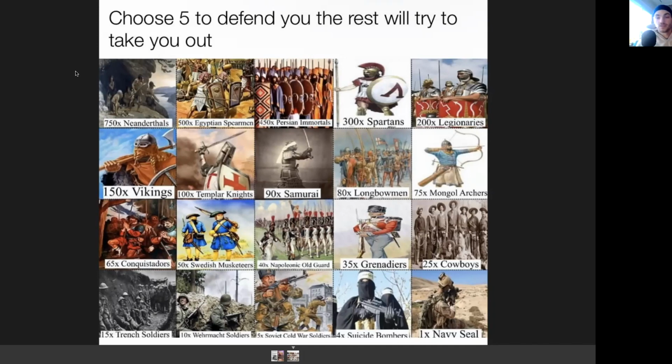I don't know. That's 750 troops right there. Even though they don't have the exact best equipment, they have the most amount of just straight pure bodies. So they would be a good defensive force just based on their quantity. However, if I were going to be picking, I would probably say I would take 300 Spartans